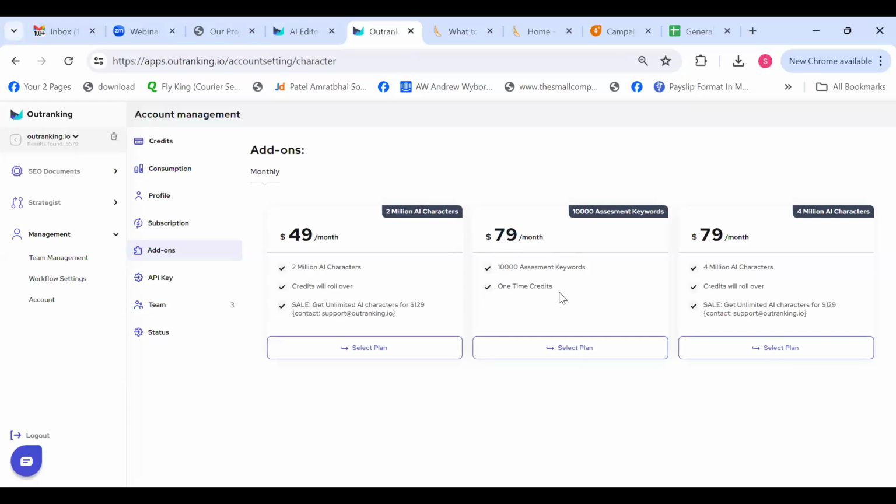See, you won't be creating content strategy every day. One month you will, one month you might not, and another month you will. So there is no expiry on this. You can use them until you finish all your 10K credits. So you can buy it one time if you have less credits and then move forward. If you have more credits, you can simply go forward and start creating silos. Now let's go back